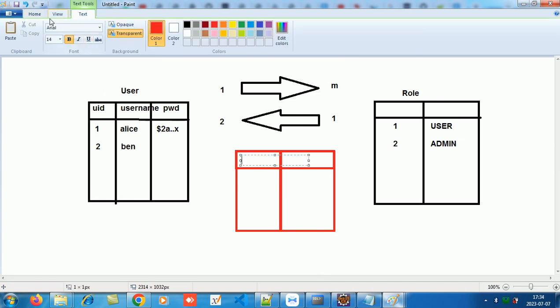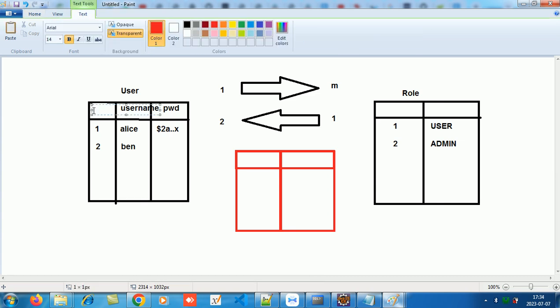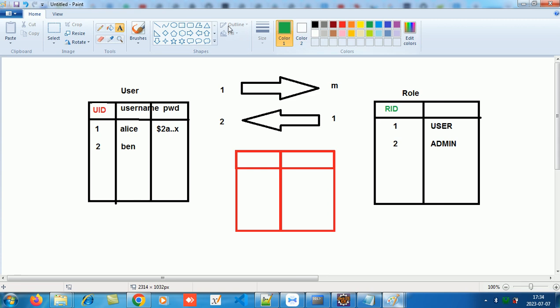Okay, so see, try to understand this. This is which column? The primary key of user. So what have we named it? Let's say I name it UID. And this is the primary key of which column? What have I named it? RID. Okay, so now we know that when I make a foreign key,